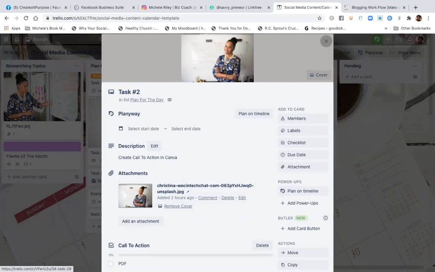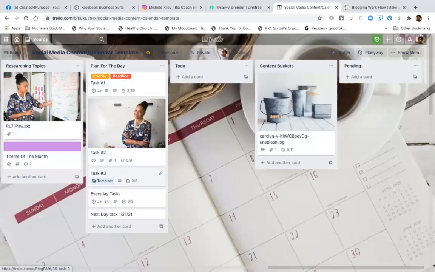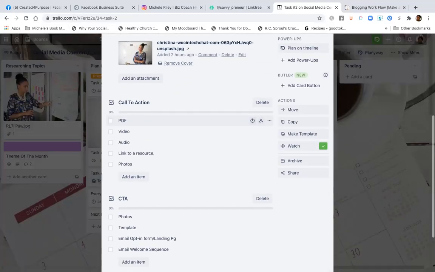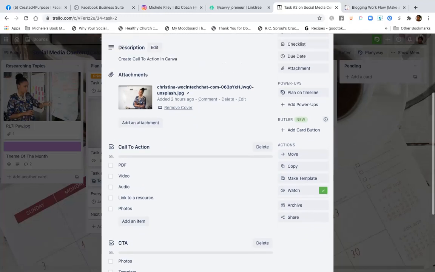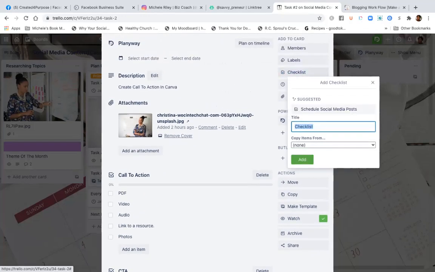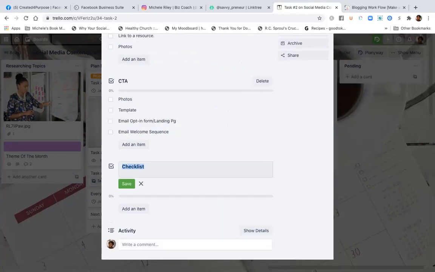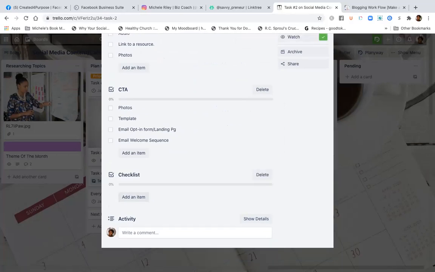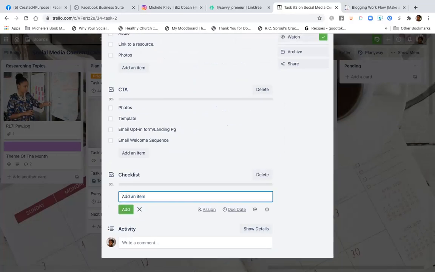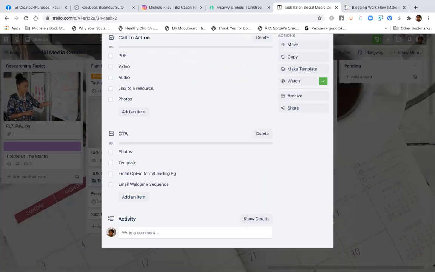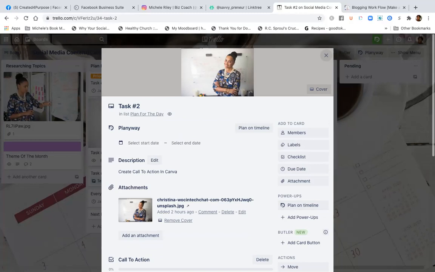But if that's a template you don't really need, then you can just go in and put in whatever task you need. You can change this, you can delete it, you can create another checklist by going here and just putting in the title that you want. Let me just show you. You can change the name of it, and then you can just start adding your own action items based on what you want the checklist to be about.